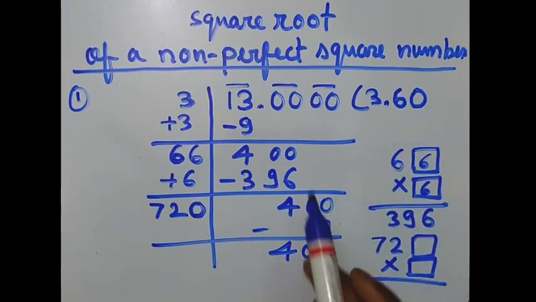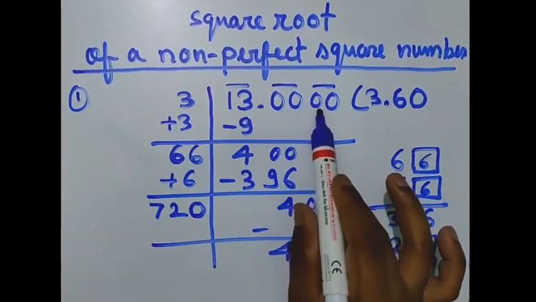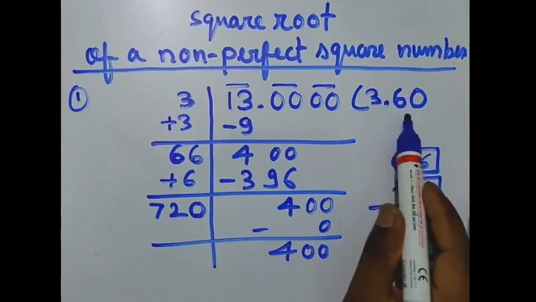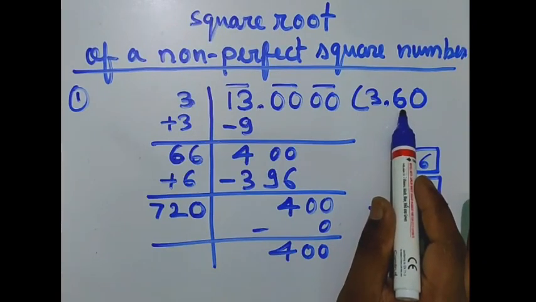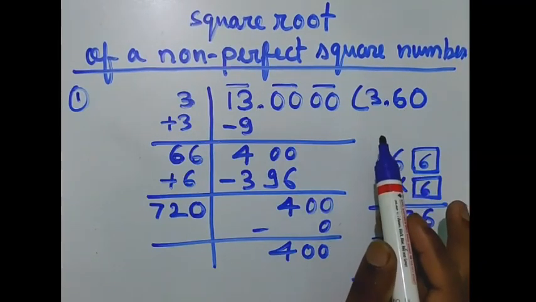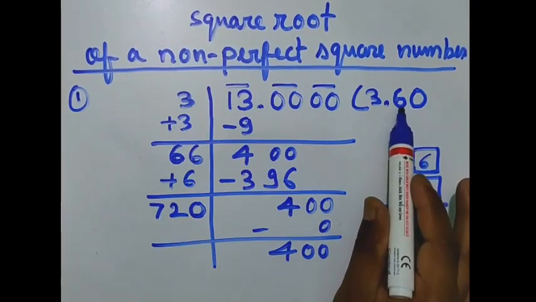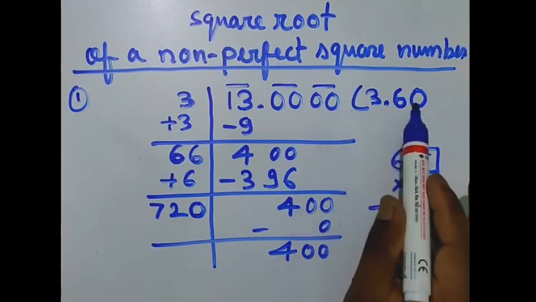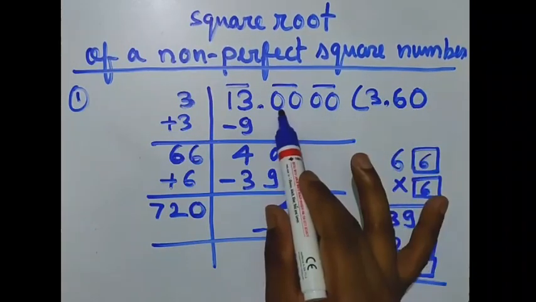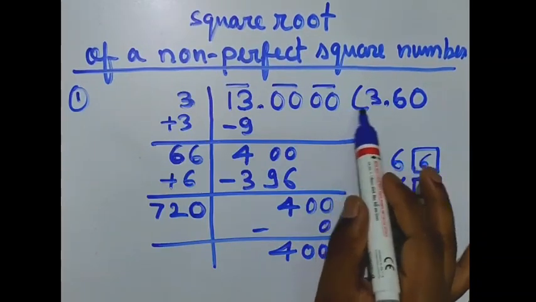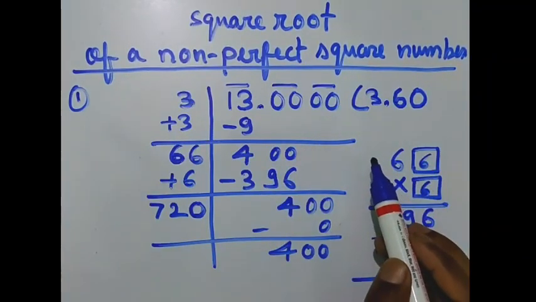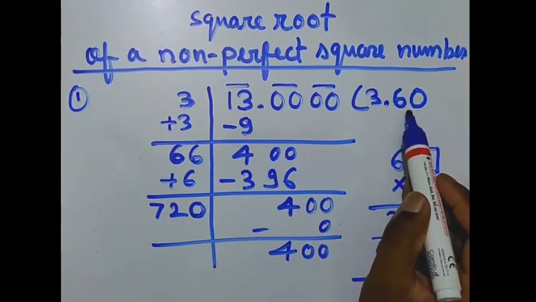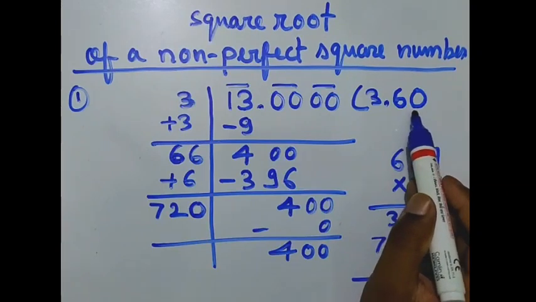Okay, so here I have taken only 2 pairs to find 2 decimal places, because I have to round it off to 1 decimal place. Whenever in the question you are asked to round it off to 1 decimal place, you will take 2 pairs in the decimal places, and if you are asked to find 2 decimal places, then you will take 3 pairs. You can add 2 more zeros and make 3 pairs in the decimal part, and then you can get 3 decimal places and you can round it off to 2 decimal places. So you know how to round it off.